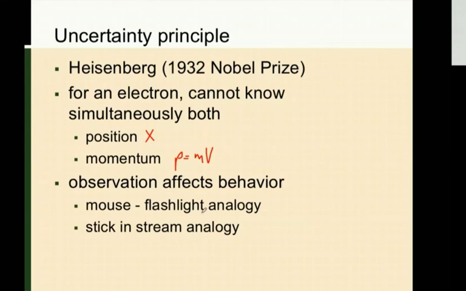If we were to flash a light on it, like a flashlight, or to disturb it in some way by observing it in a way that it knows that we are observing it, then suddenly the mouse's behavior becomes much more erratic. It starts to panic, becomes stressed, and it moves around a lot. So our observance of the mouse has changed its behavior. Another example is, for example,